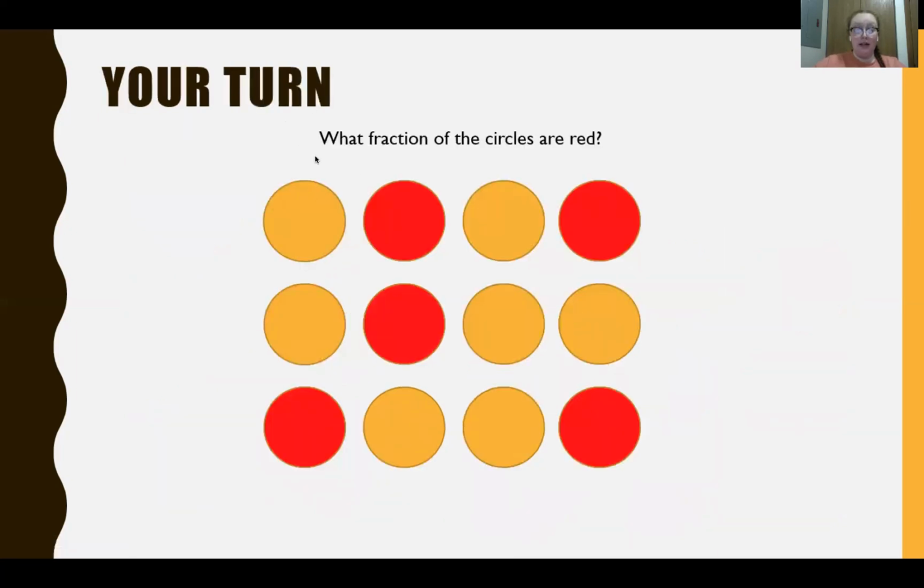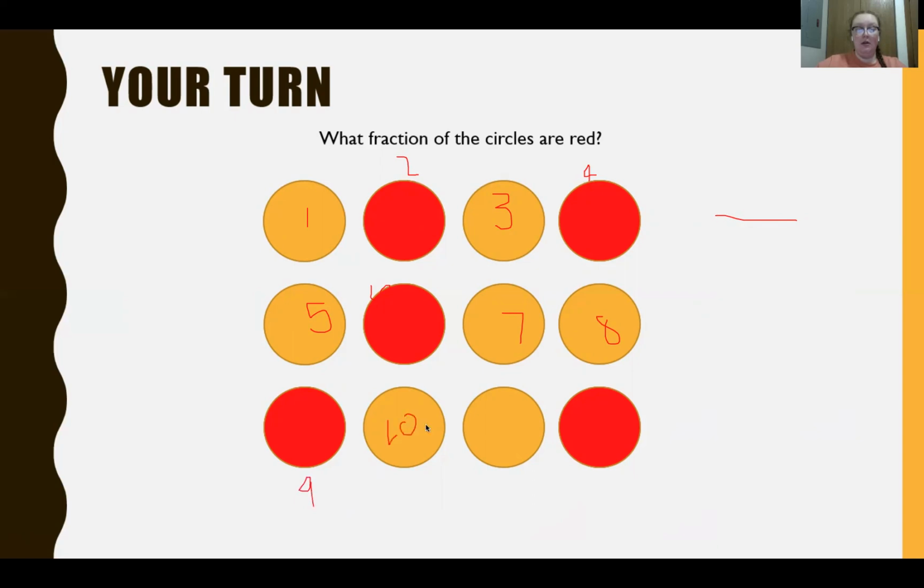So now it's your guys' turn. So the question I'm asking is, what fraction of the circles are red? First, we need to figure out what the whole is. We need to count how many circles there are so we know what the bottom of our fraction is going to look like. So we have 1, 2, 3, 4, 5, 6, 7, 8, 9,